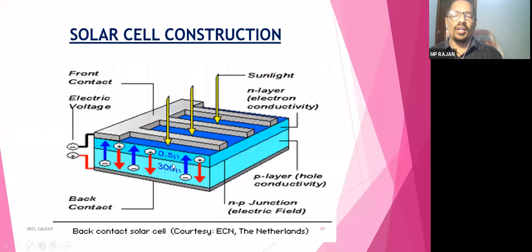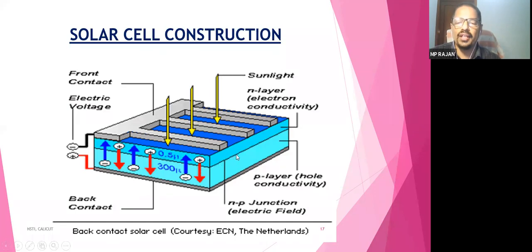Okay. So in the solar cell, from the construction point of view, you can see, with my mouse, this is the N-type semiconductor. So please note it, the N-type semiconductor is placed up, and the P-type is down. So these are sandwiched, both are joined. So it is a PN junction diode, or NP junction diode. This is the N region, this is the P region. This is formed. Okay, so this is a junction here.